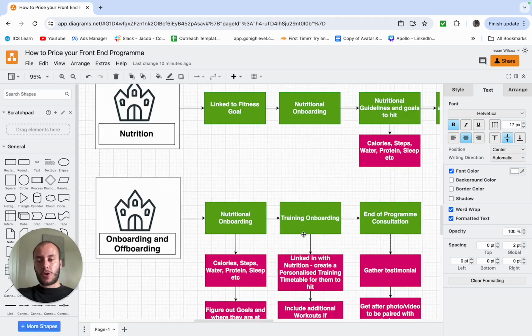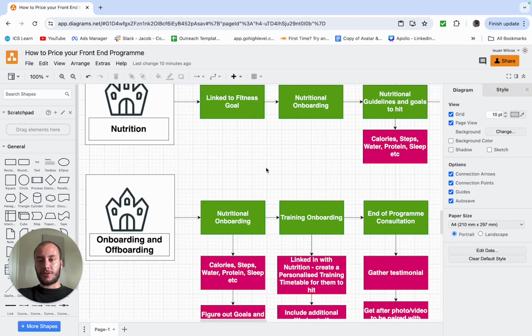When you're charging a program like this, you have to make it super personalized. When you're just getting people in for a taste session and then turning them into a member, you can be really, really hands-off. You don't need to be hands-on at all, really. And that's usually why it doesn't work. But when you're doing this type of program, you need to have a one-on-one relationship with these people.